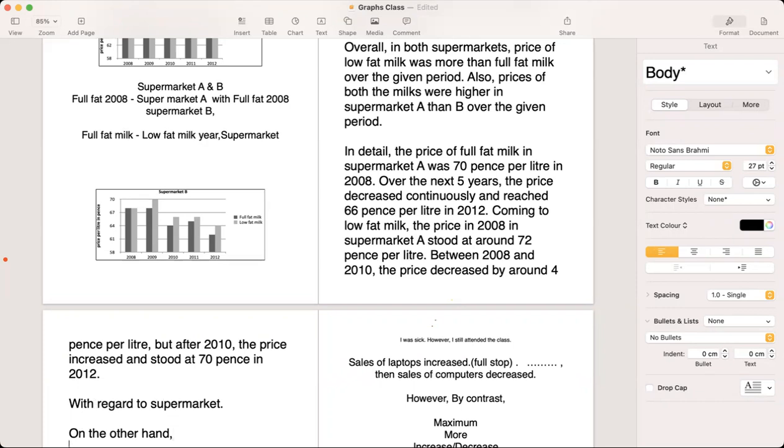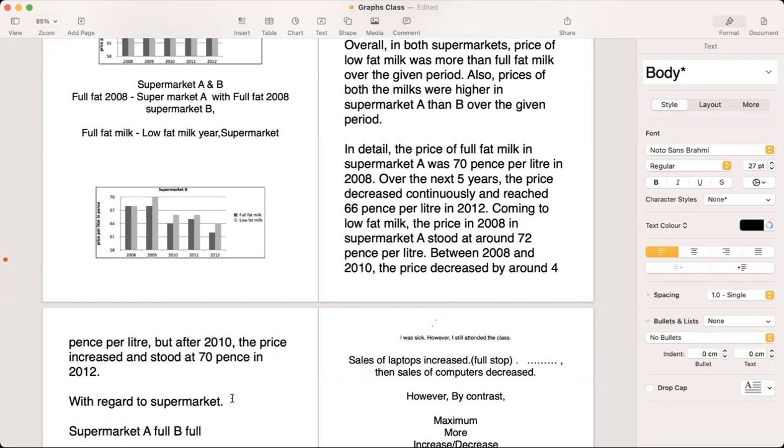Okay, so with regard to supermarket B, सर, रिगार्ड आएगा कि रिगार्ड्स? देखो, अगर यहाँ पे मल्टीपल चीजें होतीं तो रिगार्ड्स आता, यहाँ पे एक सिंगल चीज है इसलिए रिगार्ड आ रहा है। ओके सर। ठीक है, तो अगर यहाँ पे होता with regards to supermarket A and B तो फिर यहाँ पे regards आता, क्योंकि यहाँ पे दो चीजें आ रही होतीं, पर यहाँ पे एक ही चीज है इसलिए regard आ रहा है।